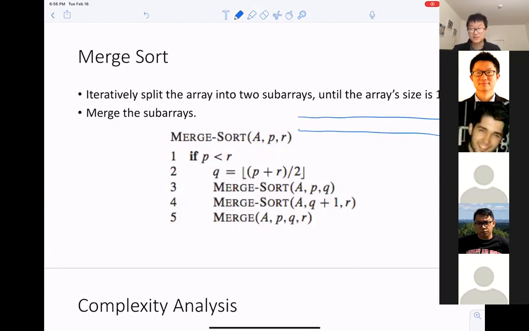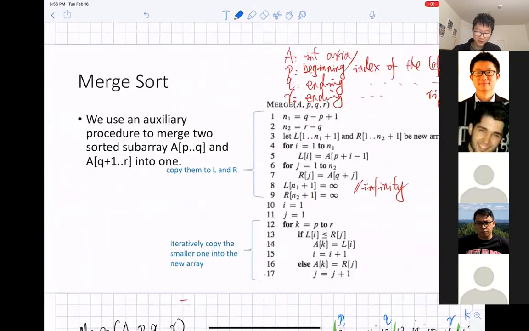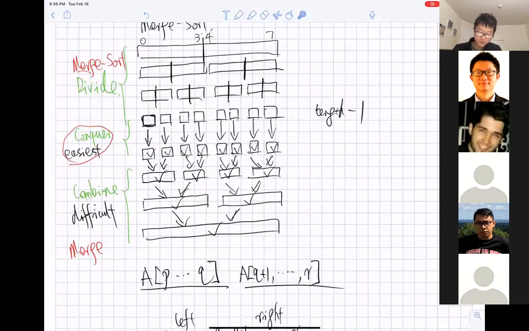Over here, there is no left or right, because when we are doing the division, when we divide the array, we don't care whether it is left or right. There is no left or right. Only after division do we get left and right. Okay, so when we divide it, what we want to know is what is the beginning of the subarray and what is the end of the subarray that we want to divide.